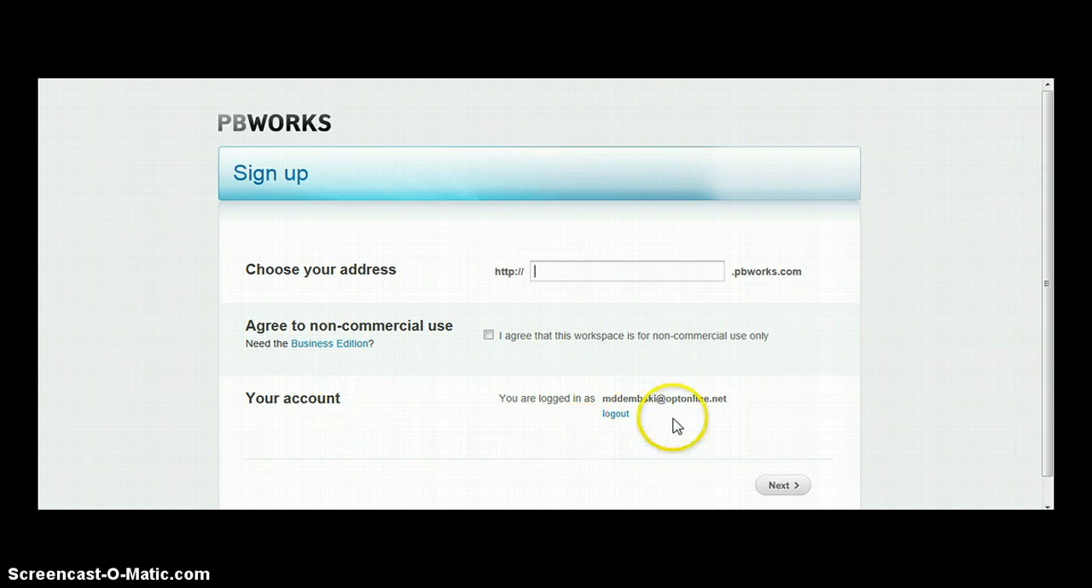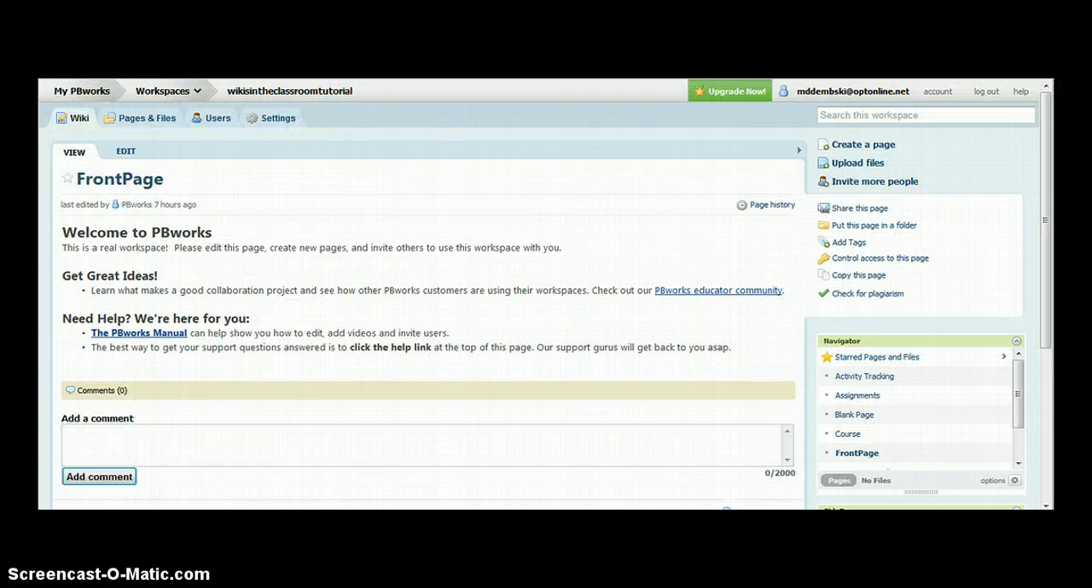Because I already have an account, I am logged in here already. So you're going to have to create your own account unless you already have one, and then you'll go from there. Since I already have an account, I'm going to use mine. I decided to call mine Wikis in the Classroom Tutorial, since that's what I'm using it for. Once you've named your page and agreed to the terms, you're going to be brought to this page here